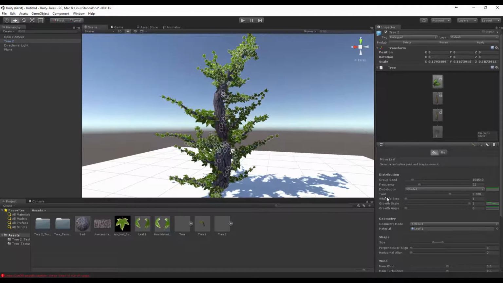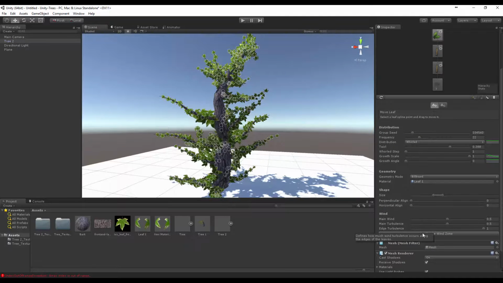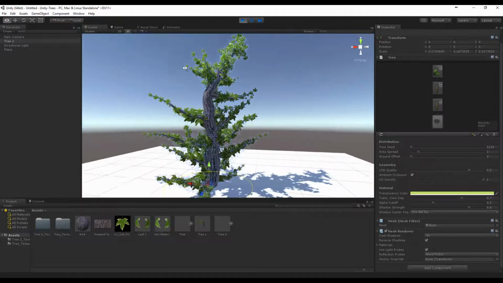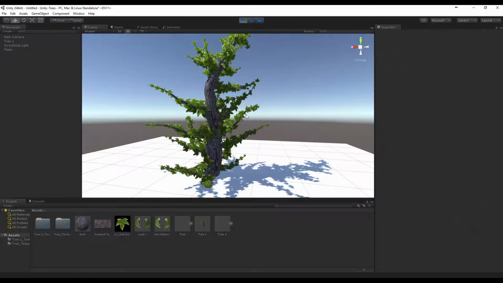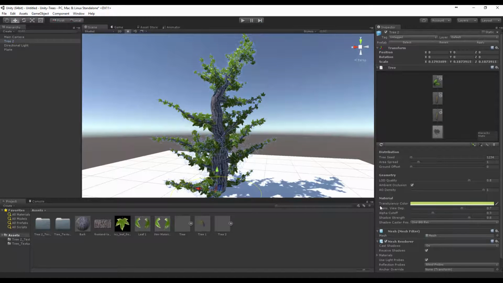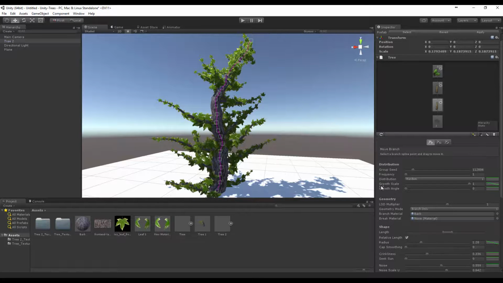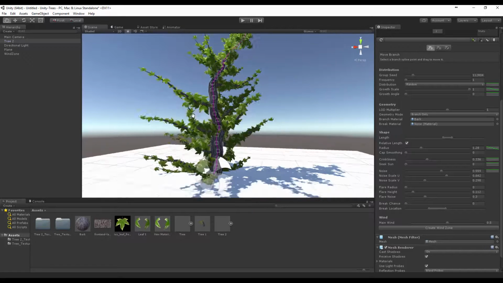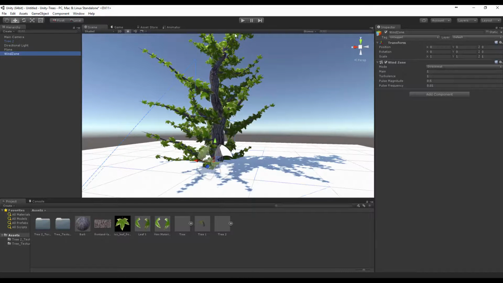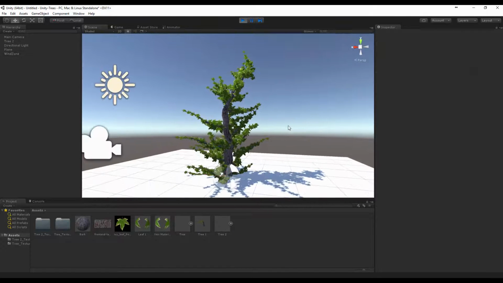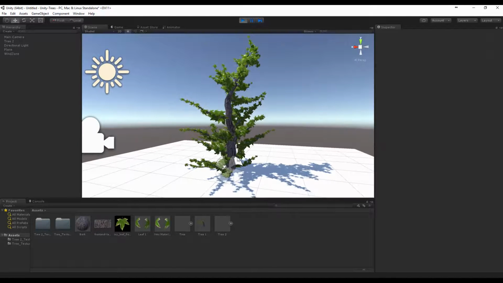So what I'm going to do is I'm actually going to say create wind zone now. So you'll notice if I press play, nothing's actually going to be moving. So to create that movement of a nice natural tree, we'll want to come into here, click on one of the branches, and say create wind zone. And you'll see this big fan kind of appear at the bottom. So if we click play now, you'll see that the tree is kind of wiggling, and